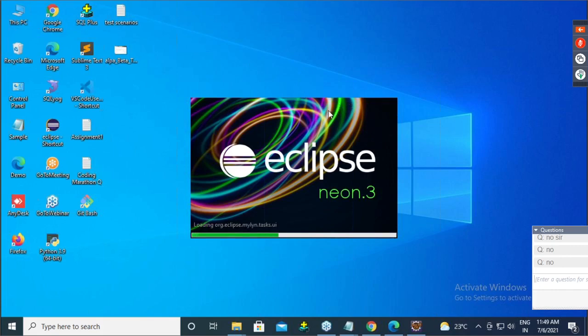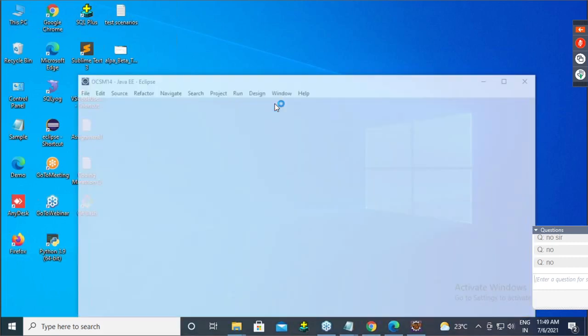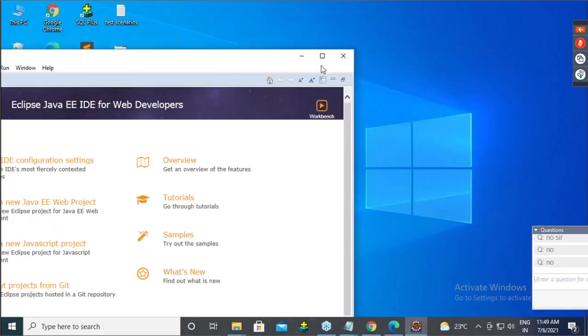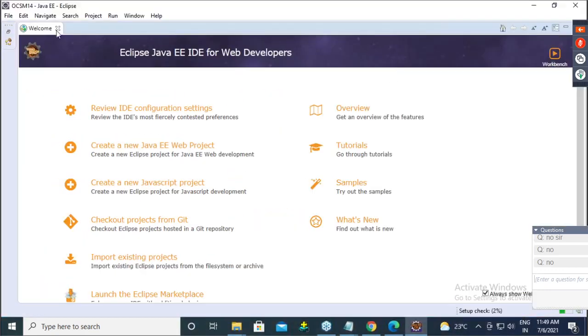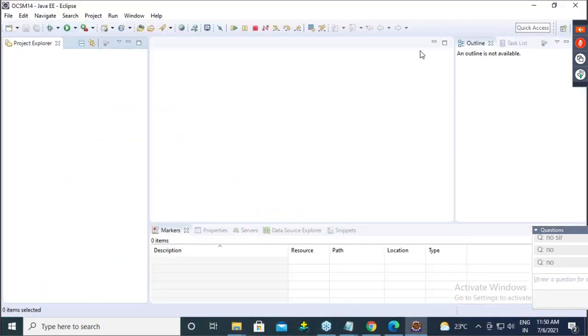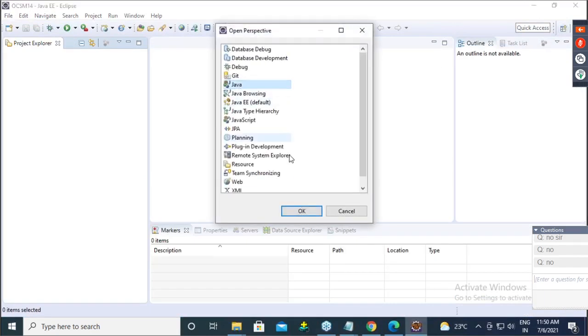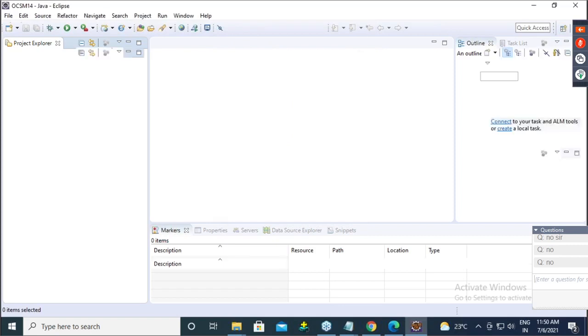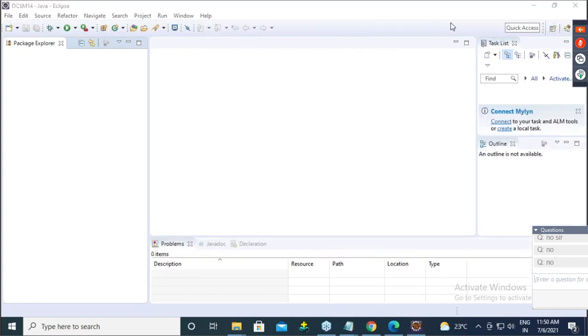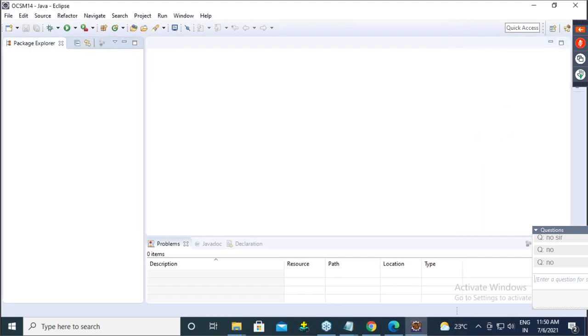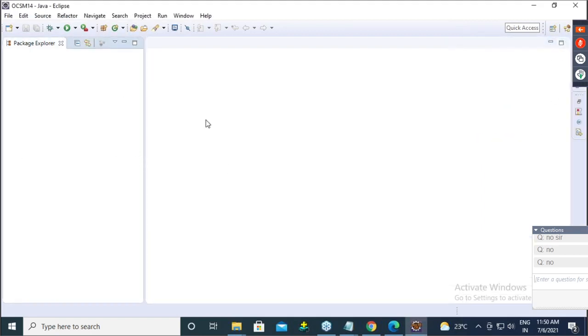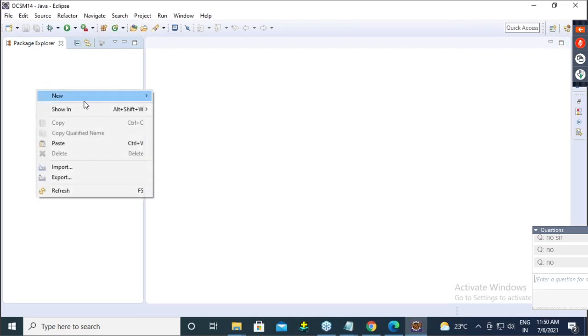I guess everyone is having Eclipse Oxygen, correct? Yeah. So guys, now observe this. Close this welcome screen. Go to Java environment. Okay. These all the steps guys you are already aware of from your Java sessions. So no problem. Now guys here we will create a project.